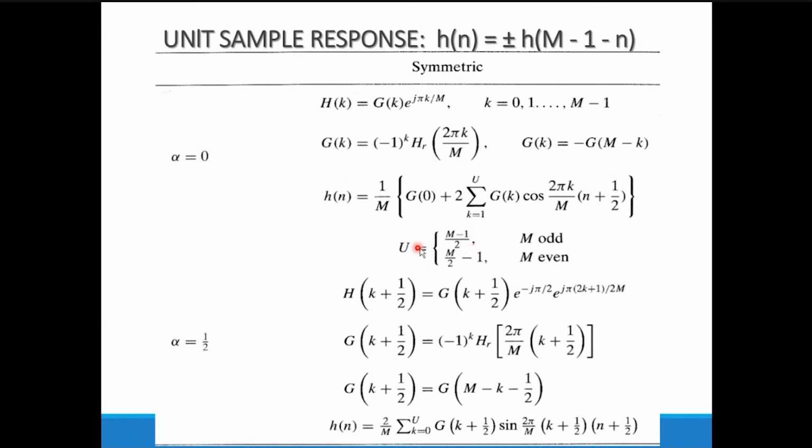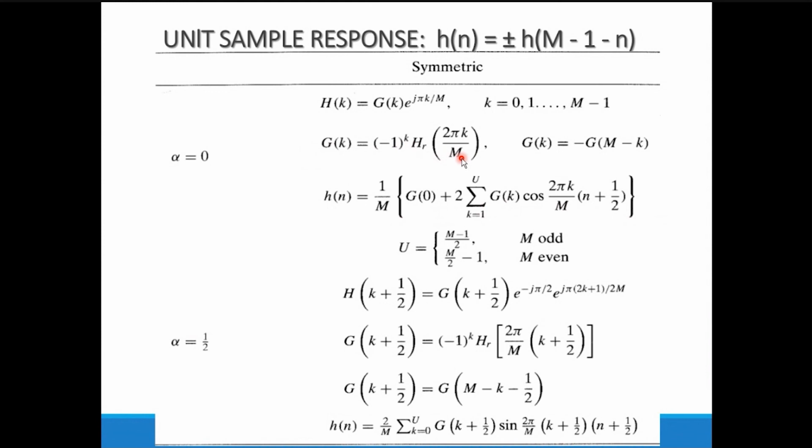In this equation, h of n is equal to 1 by M times [g of 0 plus 2 times the summation from k equal to 1 to 7], and the remaining part is as it is. Now we have to calculate g of 0, g of 1, g of 2, up to g of 7. Initially we start with k equal to 0. So g of 0 is equal to minus 1 raised to 0 times H_r(2πk/M). Minus 1 raised to 0 has the value 1, and for H_r(2πk/M) where k is equal to 0,